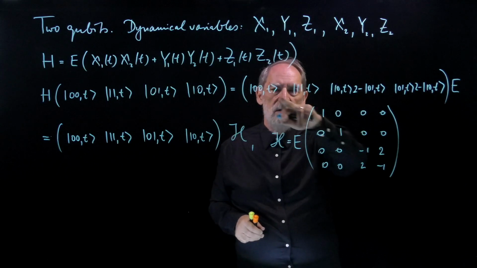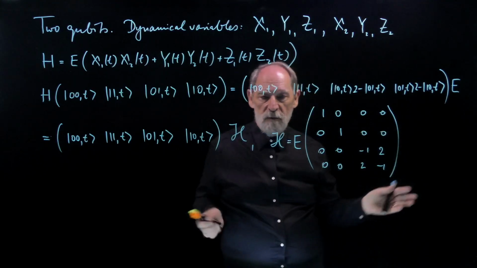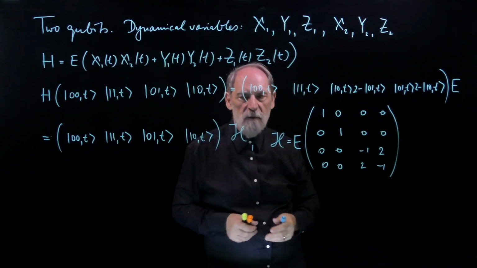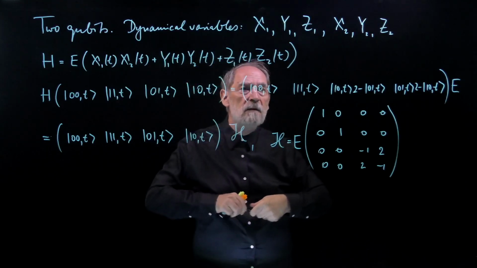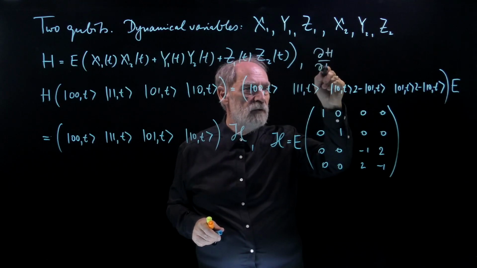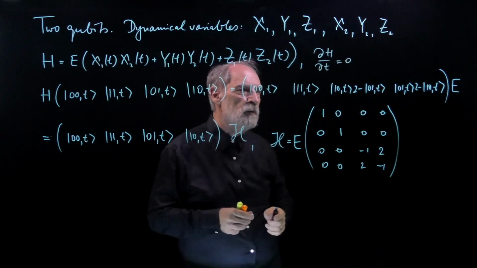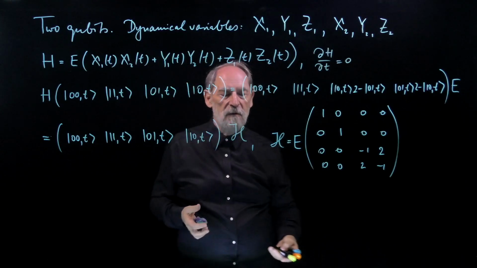The coefficients 1, 1, 2, negative 1, 2, negative 1, they do not depend on time. So the matrix is time independent, which is just illustrating the case that we discussed, namely if there is no parametric time dependence in the Hamilton operator, then the matrix that we use to represent the Hamilton operator will not